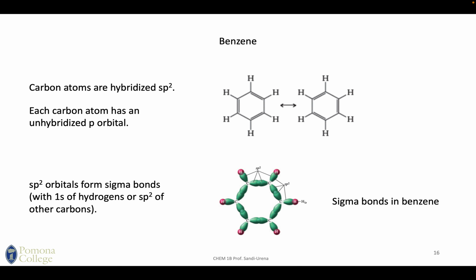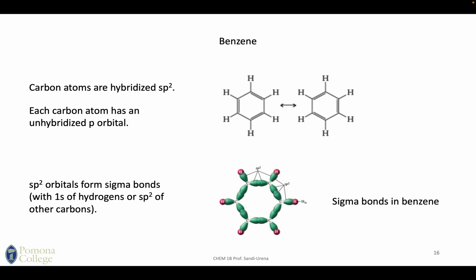And remember, sigma bonds are bonds that are located along the internuclear axis. So this drawing here nicely shows that each carbon has 3 bonds for which it is using the sp2